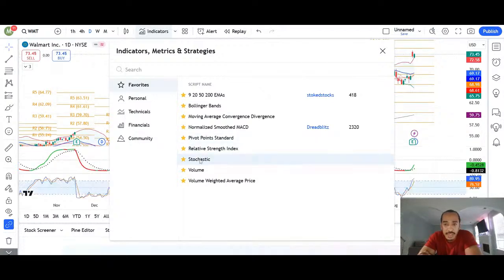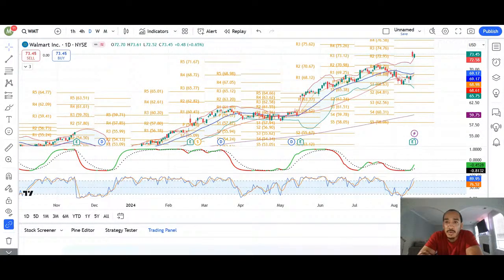The stochastic. You don't want to get caught without your stochastic. The stochastic oscillator shows oversold and overbought. It is a beautiful indicator because it has clear levels. You know what I'm saying? And you can always match the stochastic with the Bollinger Band. So within this blue area right here, the top is overbought, the bottom is oversold. But also with the blue and orange line, when they cross each other, that's a pivotal moment.